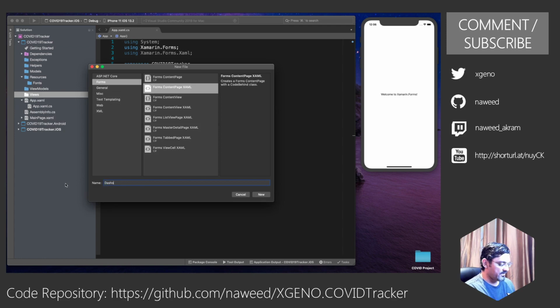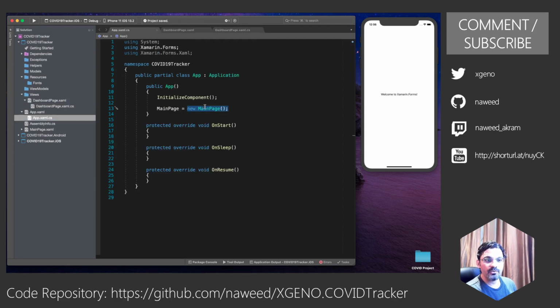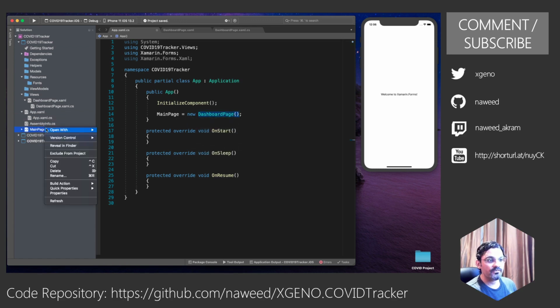I'm going to call it DashboardPage.xaml. So it is created under the views folder. What I am going to do over here, instead of the main page, I am going to say, let me go to my dashboard page, and let me fix the references, and I can now safely delete this main page.